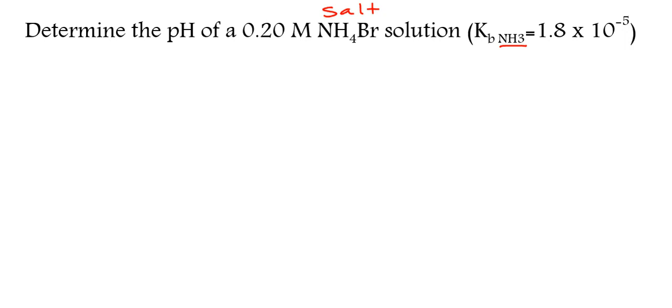And normally salts start with a metal. This is a polyatomic ion, ammonium. So you need to figure out what the equation is. I'll tell you this, they always will give you the K value of the conjugate partner of the ion that you need. So this salt is going to break up into NH4 plus and Br minus. One of those is going to react with water to create an environment that we can determine